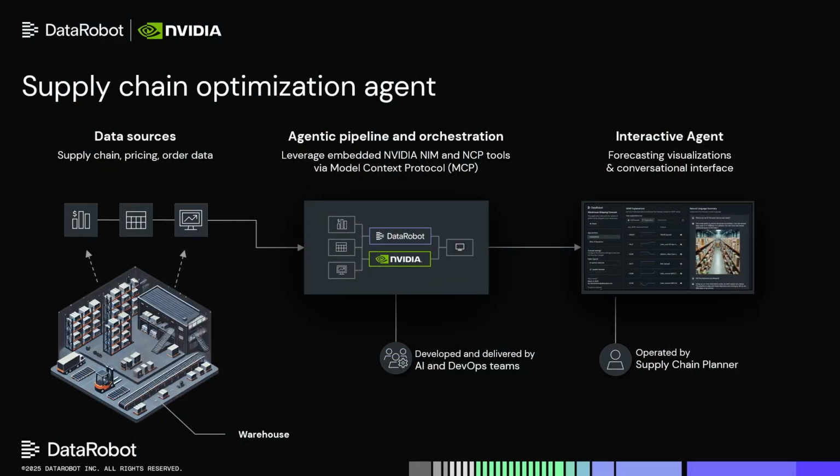The example that we're going to use is one of a supply chain optimization agent. Now, this agent can access a variety of data within an organization, whether it's ERP data, customer demand data, process diagrams, even external data sources like weather and tariffs. It is going to be able to then process that data and really provide insights as well as help decision-making for that supply chain planner who is not your AI engineer, but certainly an expert when it comes to planning for this organization.